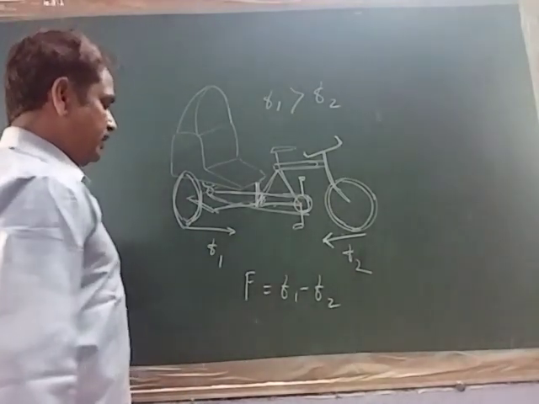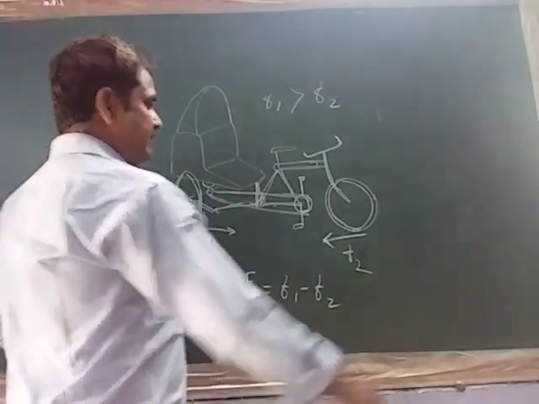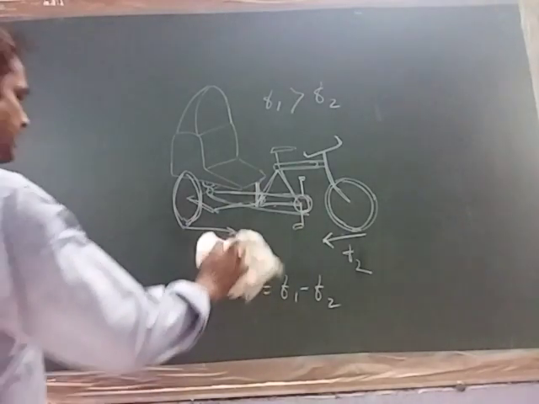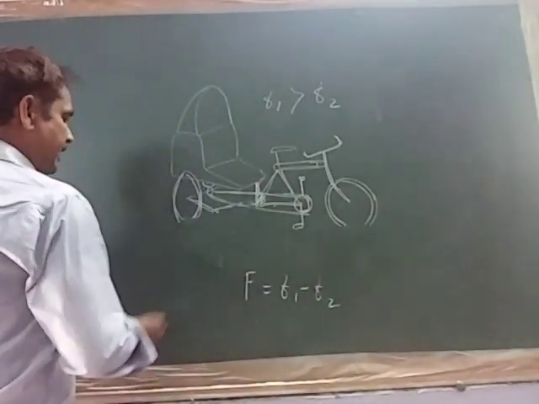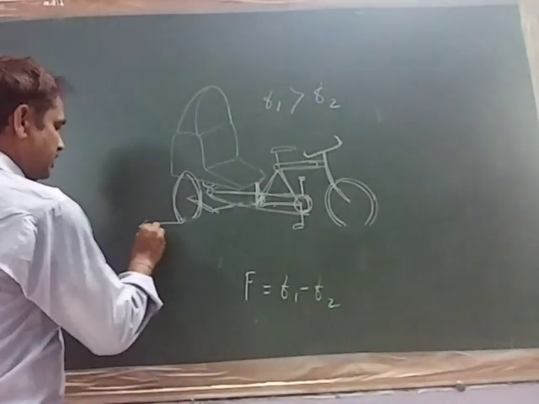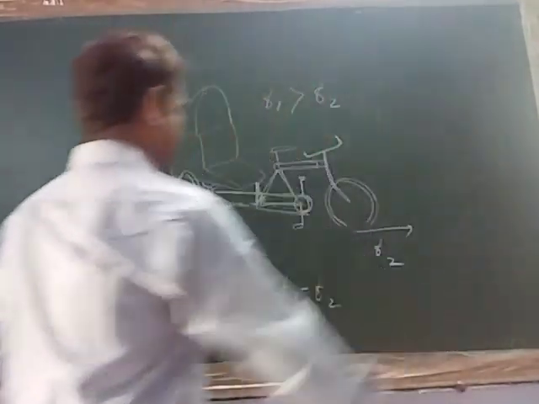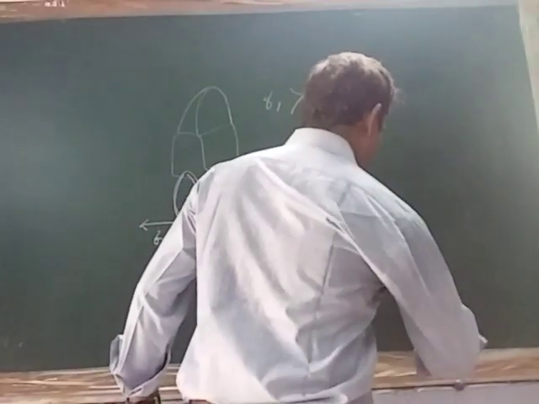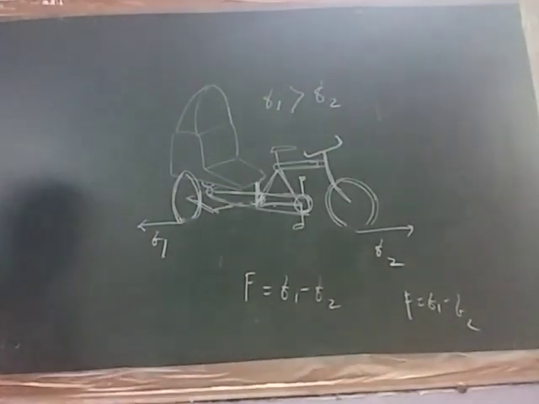Now what happens when we apply a brake? When brakes are applied, the direction of friction changes. Okay, when brakes are applied, this is your F1 after applying brake, and this is your F2. Again, when brakes are applied, F is equal to F1 minus F2, the net force. Okay, so you can see here